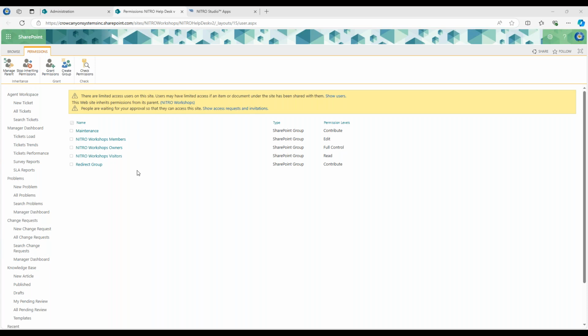And then your visitors are given read access by default. So again, this is just when the site collection is created. These three groups are created, and they're given these default permissions. So you're going to want to change that, especially in the scenarios where your visitors are your end users for